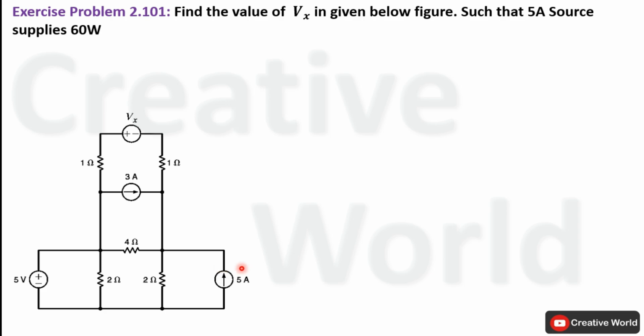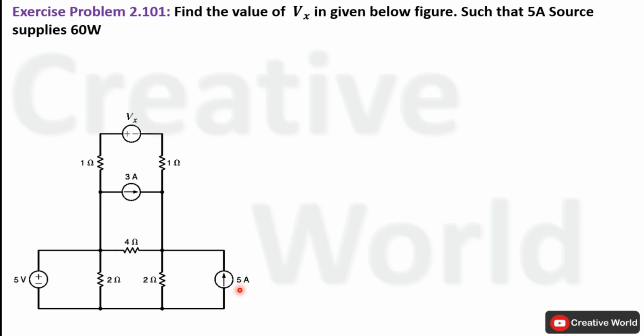First of all, we will try to find out voltage across this 5 ampere current source because power supplied through this source is provided. And we know that the conventional formula of power is the product of voltage and current. If we know one quantity, we can calculate other quantity as well. In this case, we know the value of power and the value of current, so we can calculate from this